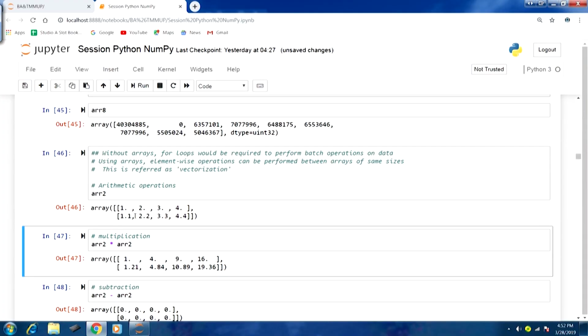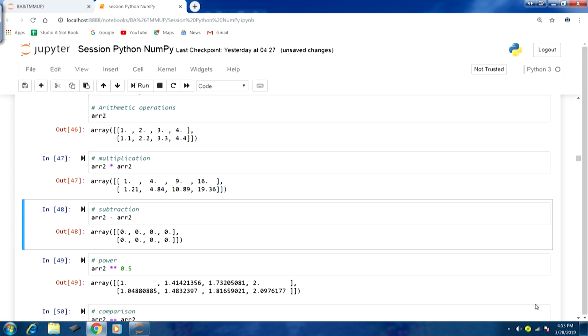Numerical Python, this particular package and its library modules, really facilitate this vectorization. Let us take a few examples. We will talk about a few arithmetic operations, and we will see how this particular data structure, arrays, facilitates element wise operations. Let us take array 2. These are the values that are part of array 2. Now, we multiply array 2 with itself, array 2 asterisk array 2, and in one go we get the output, which is also an array. If we were to perform the same operation without using arrays, we would require loops, which probably would not be that efficient.